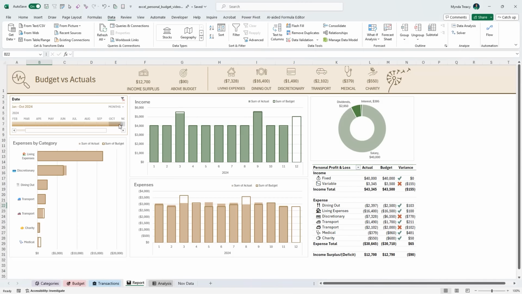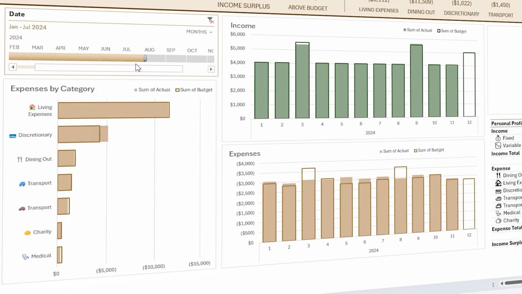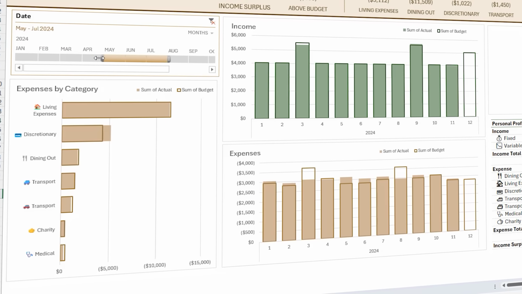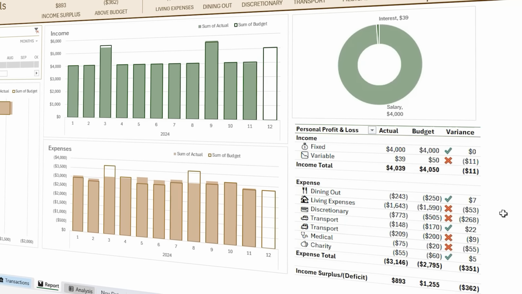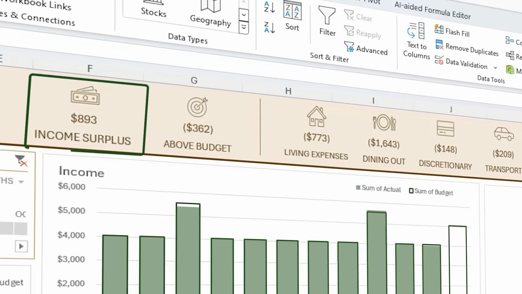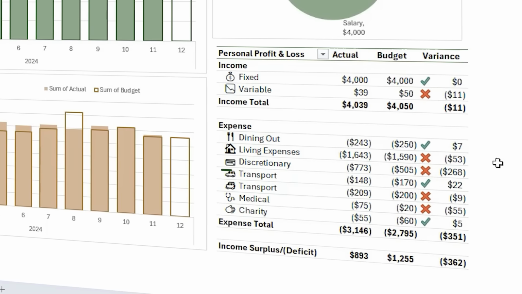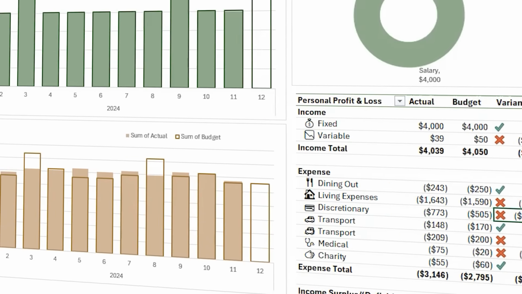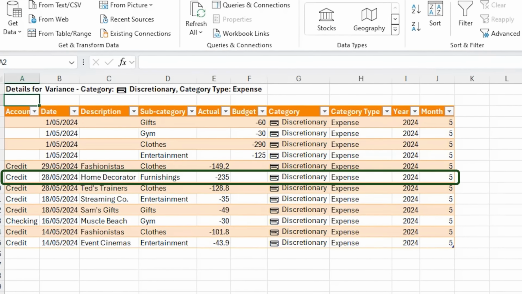With the cost of living crisis affecting everyone, it's essential to get control of your finances so you don't leave yourself short. I've put together this interactive personal budget tracking spreadsheet designed for use into future years. It's super quick and easy to use for multiple bank accounts all in one place, and it gives you a handle on your financial position at a glance. It highlights problem areas, and you can drill down to identify the cause and take corrective action to get back